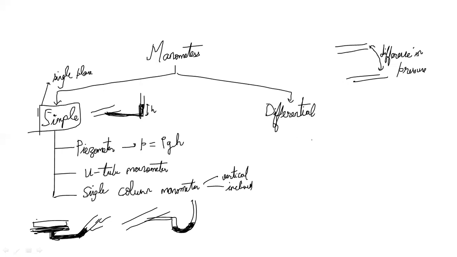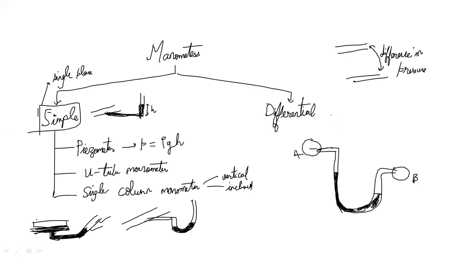So what happens is there's a pipeline here, and there's a pipeline here. One end of the manometer is inserted in one pipeline, say A, and the other end is inserted in another pipeline, say B, and this is how the manometer works. In a differential manometer, there's mercury filled in here. The more the pressure in a pipeline, the more the mercury would be pushed to the other side. How we would calculate the pressure, I'll be explaining in the upcoming numericals.